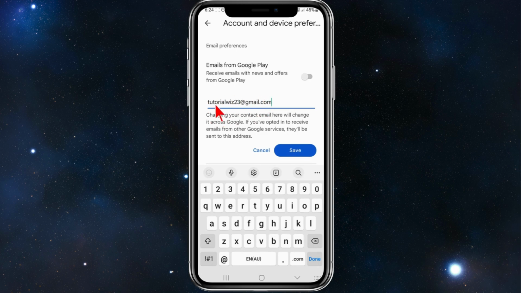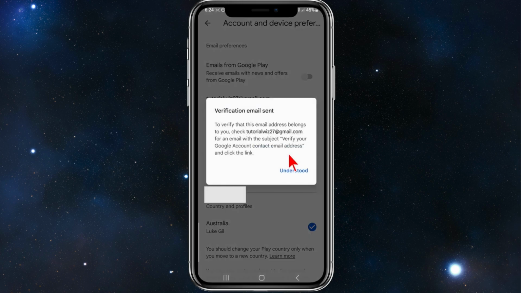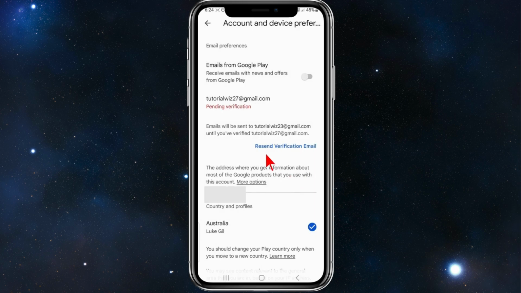a matter of putting in your new email address here. So for the purpose of this video, I'll change this to my other email address. I'll click on save, and then it says here verification email sent. To verify that this email address is yours, check tutorials27@gmail.com for an email with the subject verify your Google account contact email address. Alright, click on understood, and now head over to your new, or that email address that you